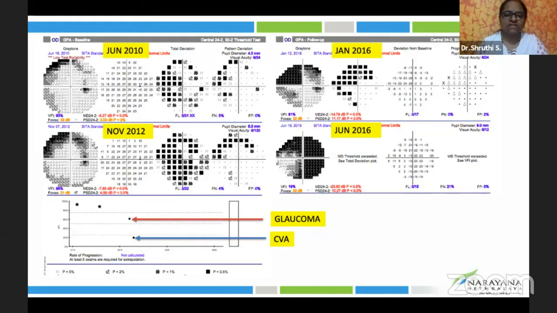So we have to be very conscious and very suspicious about other diseases. We should see a patient as a whole, not only the eye or only the glaucoma. We have to be vigilant about other history and any factors which contribute to the worsening. Initially we would have written that the patient is not asthmatic. In between he may have become asthmatic, or for some reason he is using steroids. That can make the glaucoma worsen. So we have to be cautious about these factors.